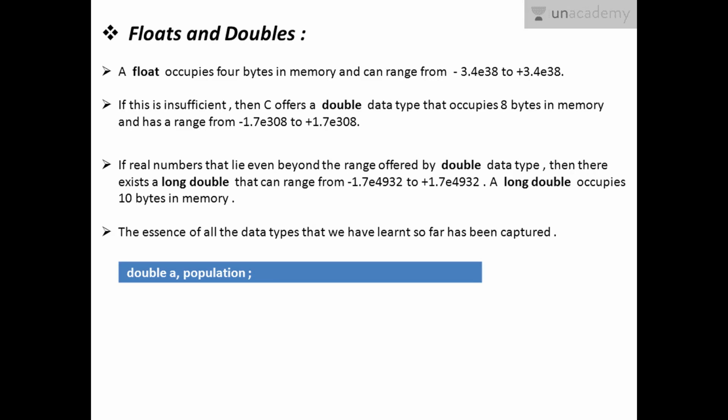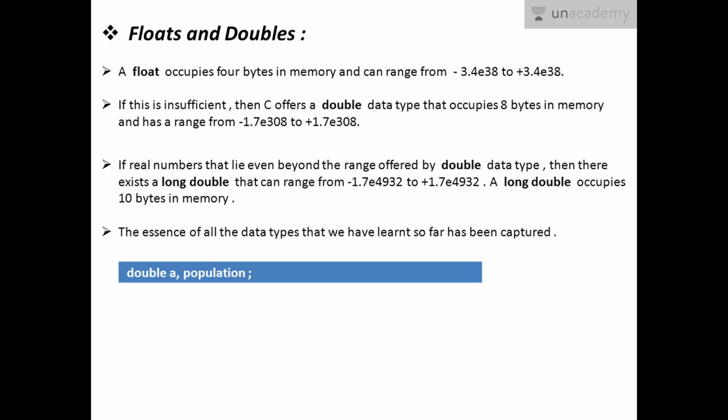Float and double. Float and double are majorly used for storing decimal point values. For example, if I want to store 2.5 into a as an int type, that cannot be allowed, because it would be considered as 2, whereas in float it is allowed. The only difference between int and float is that float can store decimal point values.